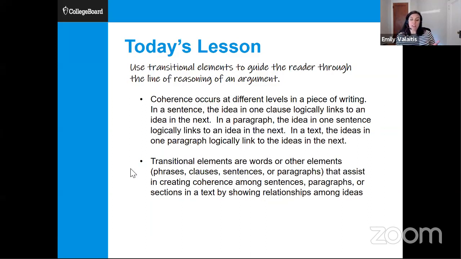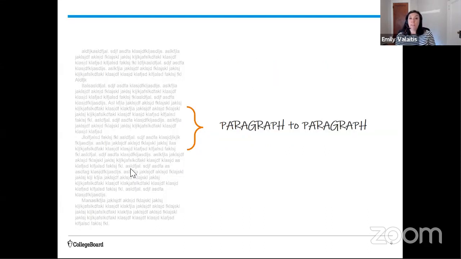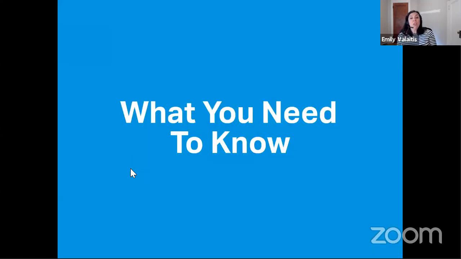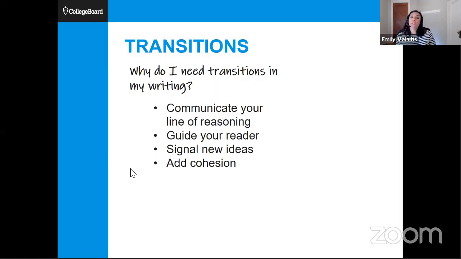And you can see these are on the screen, these are the standards that we use as AP teachers. And one of the things that you'll notice is that they are addressing that coherence occurs paragraph to paragraph, from one example to another example, and even at this really small level of sentence to sentence. So we'll be looking at how can you add more cohesion and more fluidity to your writing through the use